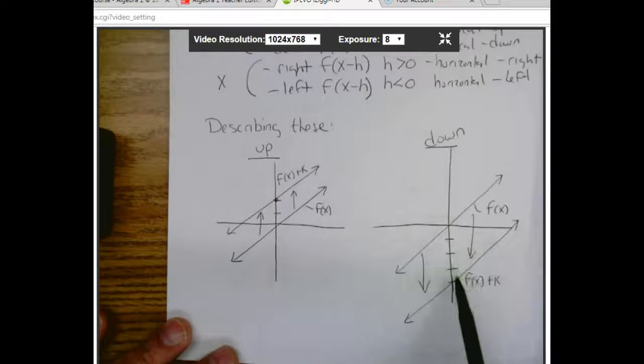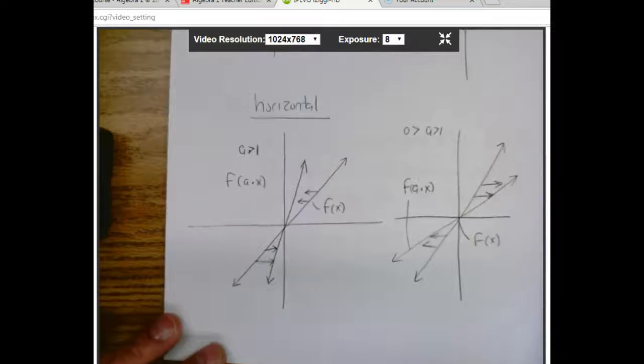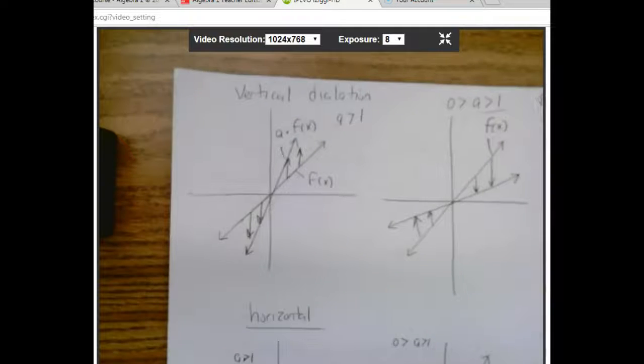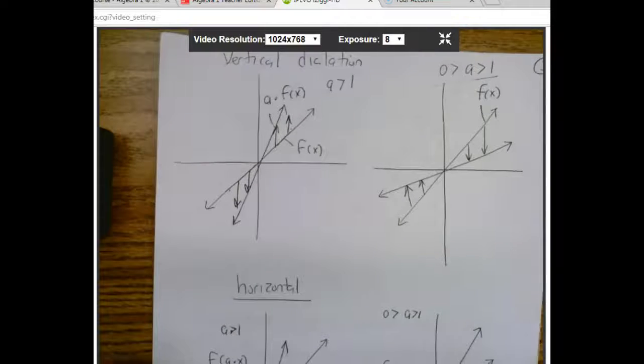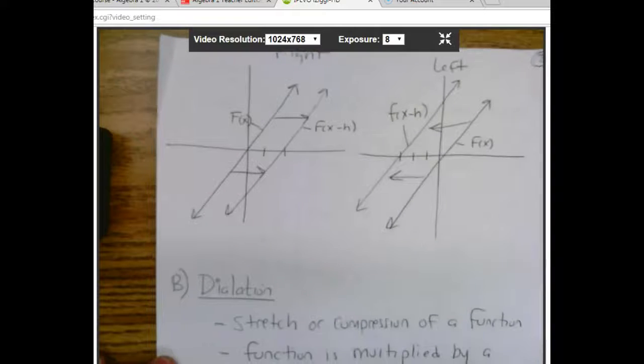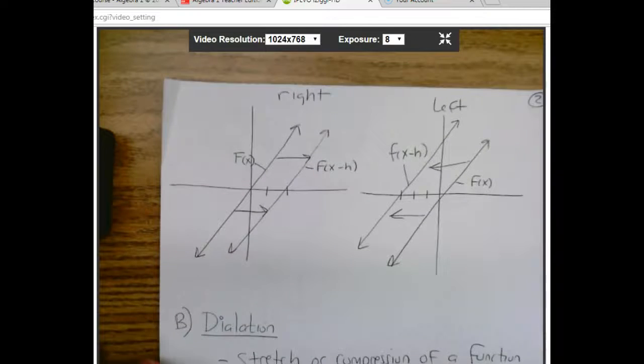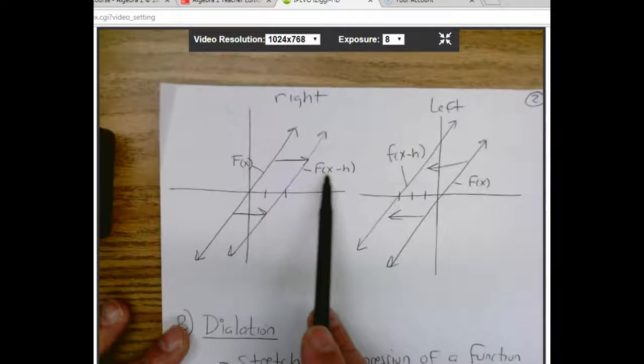This is the original, moving down to this. So if we keep going, those are translations: up, down, right, left. A couple more examples. Oh wait, let me skip the page here. There's 2. Here's our other example, and this is moving to the right, f of x minus